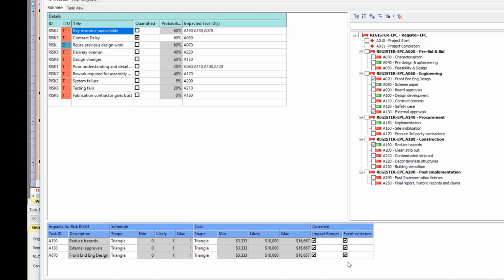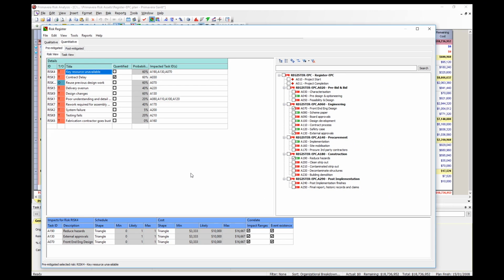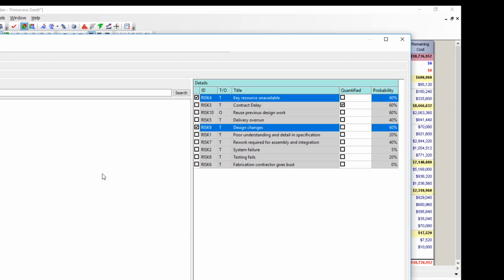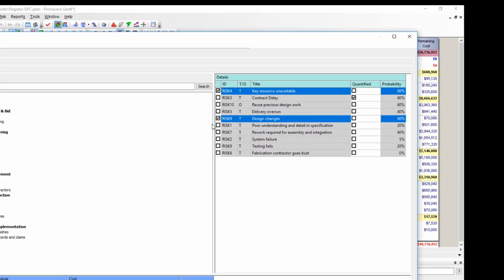If their ranges are not correlated, then uncheck the impact ranges. Let's just leave all the options selected. Now, if we select the task view, we'll have the tasks on the left-hand side. Select activity A130, external approvals, and you will see 2 highlighted risks are selected in the right-hand window that are